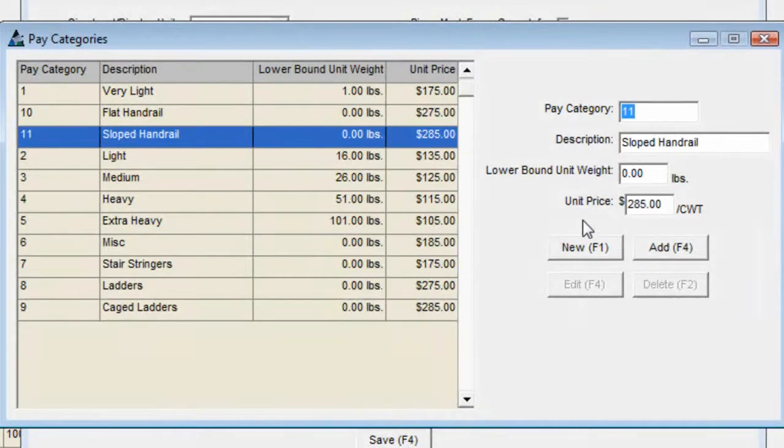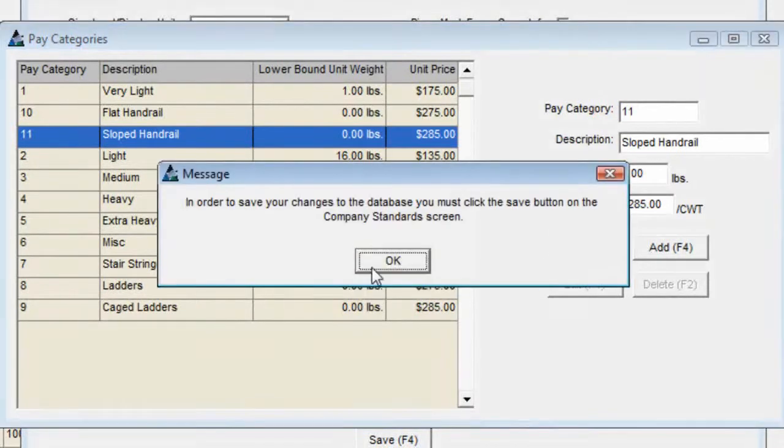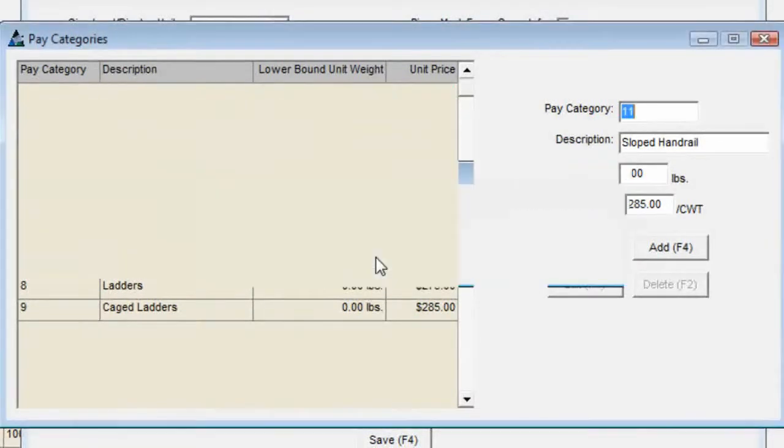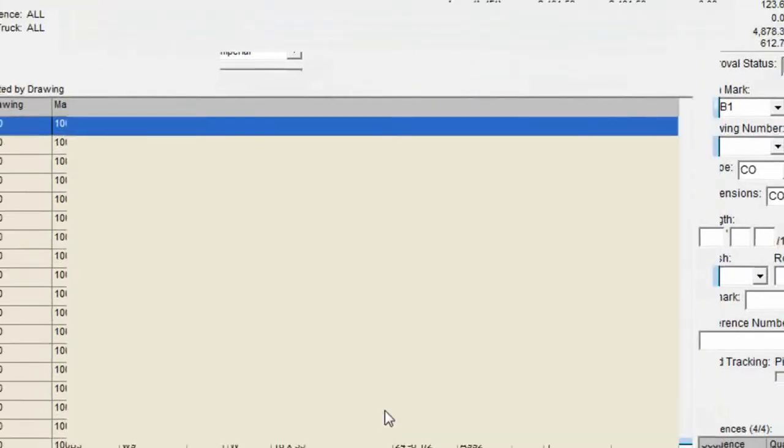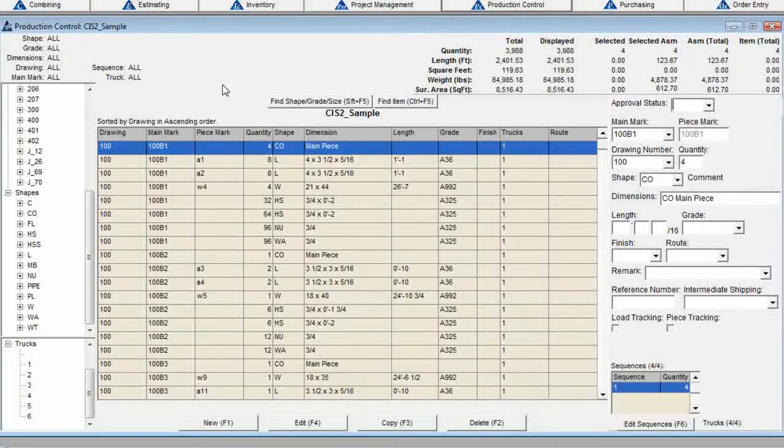We then need to click the Save button in the Company Standards window in order to commit these changes. Remember that by entering these pay categories here through the Maintenance menu, they will be available as the default when creating new jobs. They may also be added to existing jobs by highlighting the job in the Select Production Control Job window